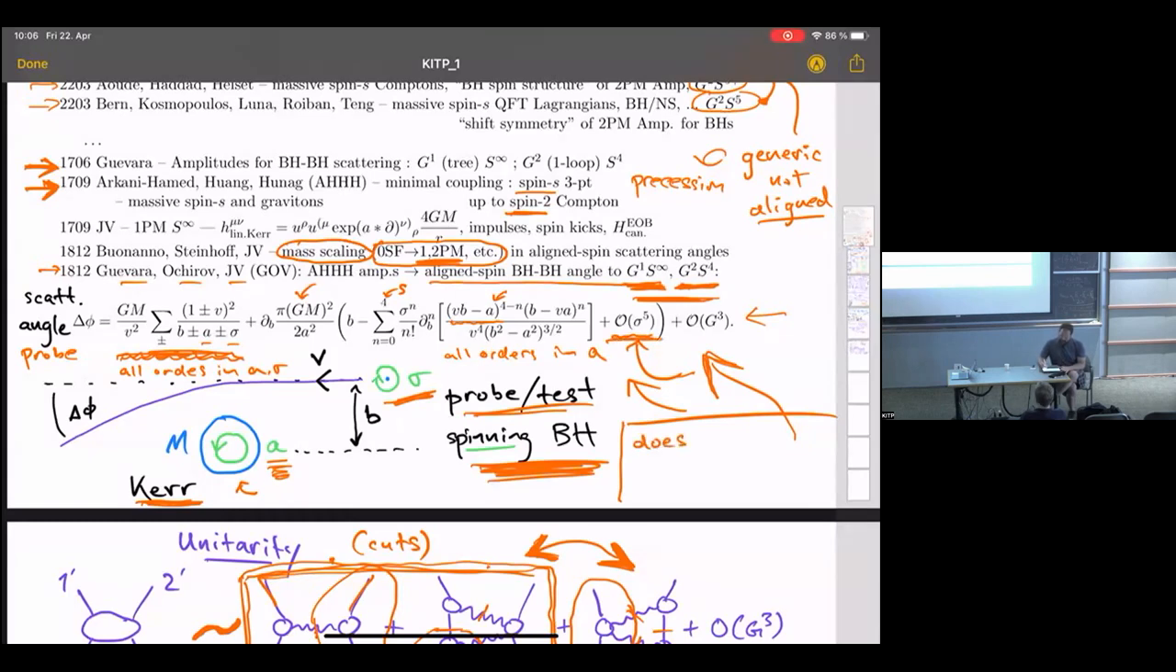do those amplitudes, and do these answers for scattering angles that we derive from amplitudes, does this actually describe black holes? I haven't addressed that at all yet. And in fact,